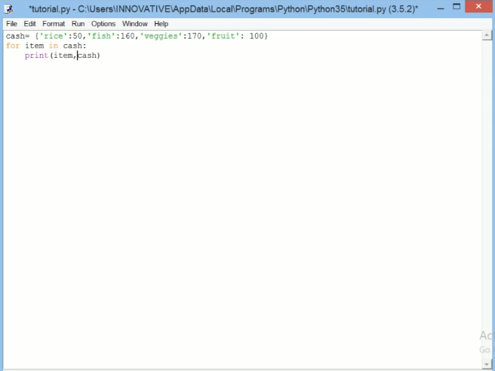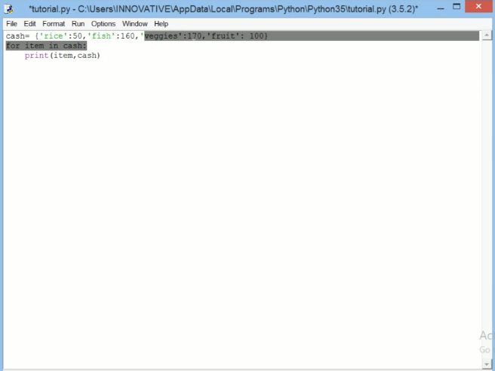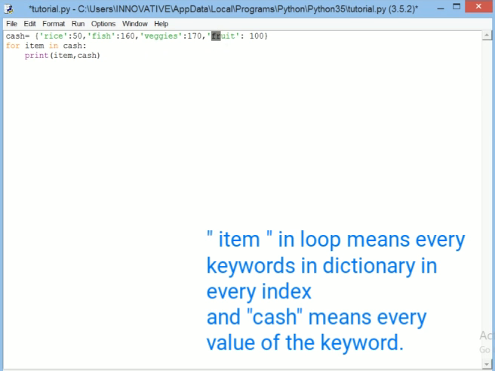The item would be the keys, this fish, rice, veggies, because it will be the index of each, and the item will be that, and then let's put some string,